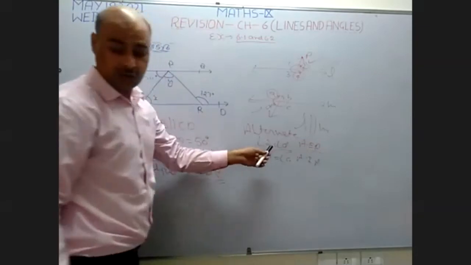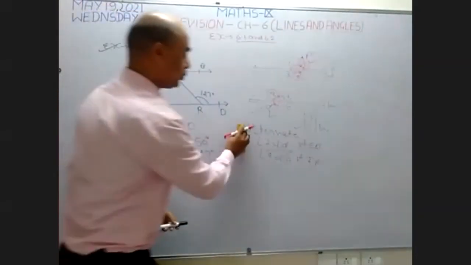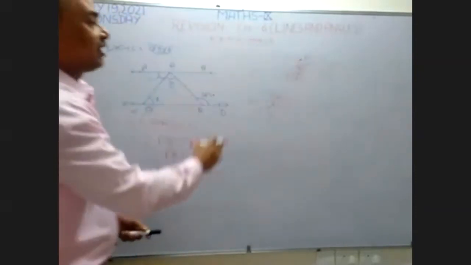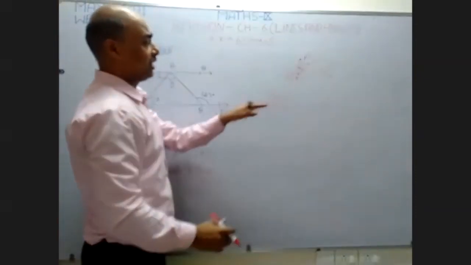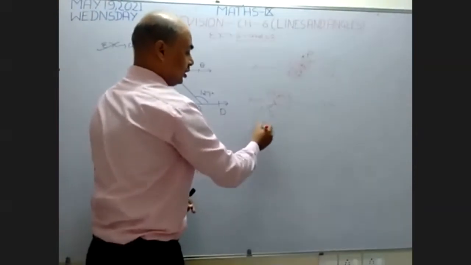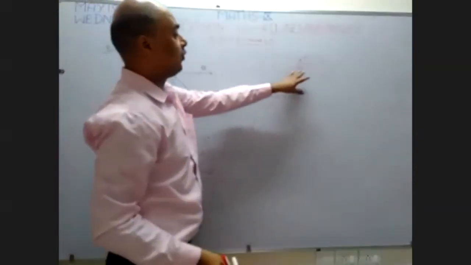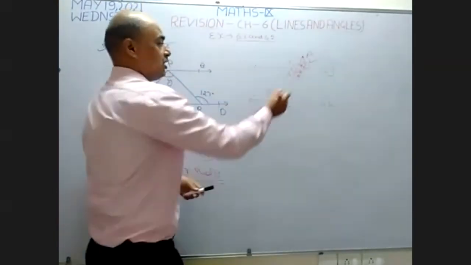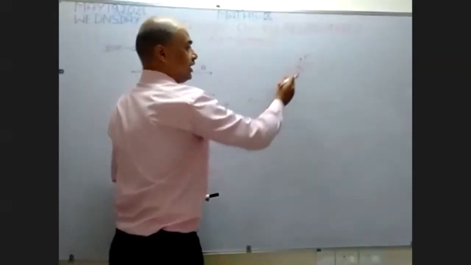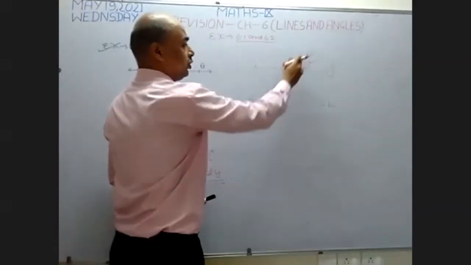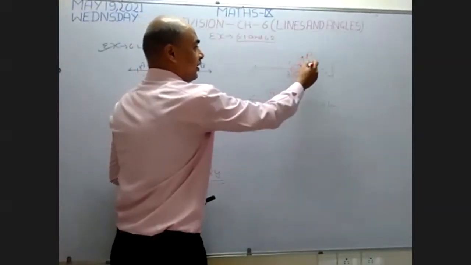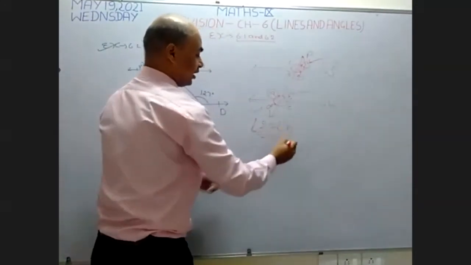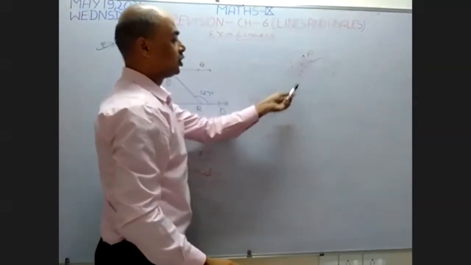I want to explain corresponding angles. What is the meaning of corresponding angles? Corresponding angles lie on the same side; one is interior and the other is exterior. Suppose I want to find the corresponding angle of 2. This lies on the right side, so its corresponding angle also lies on the right side. If it is exterior, then the other is interior. So angle 2 and angle B represent corresponding angles.